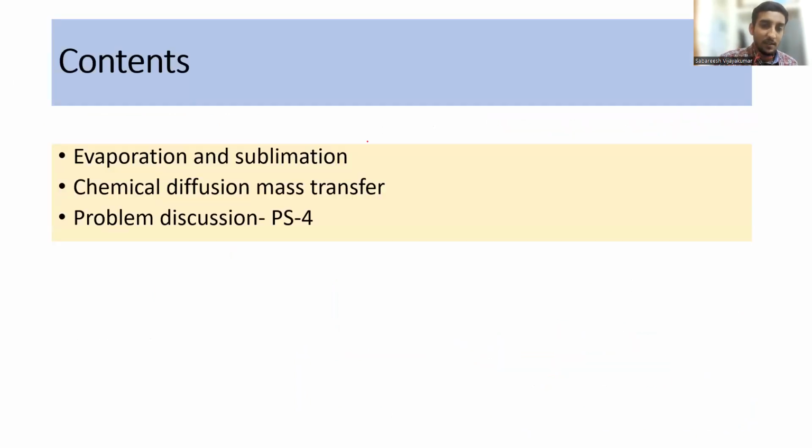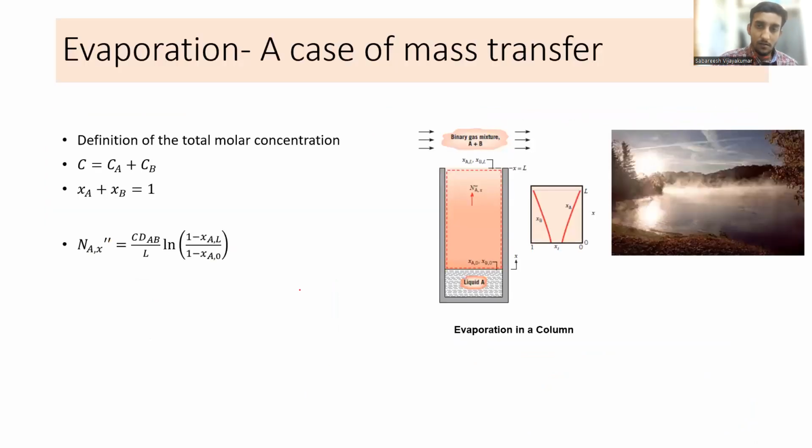So in today's content, we'll be discussing evaporation and sublimation. Then one important aspect in chemical applications is chemical diffusion mass transfer. Then we'll be having problem discussions, where we'll discuss a few important problems on this. Okay. So if you take evaporation as a case of mass transfer, you can see here a lake is